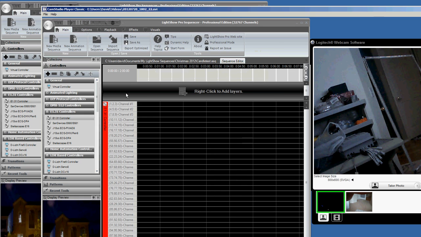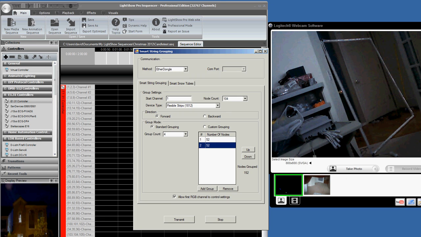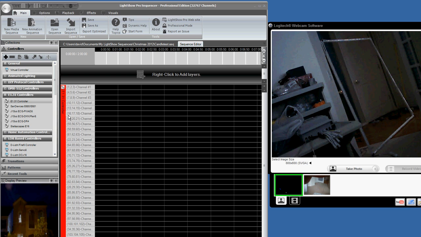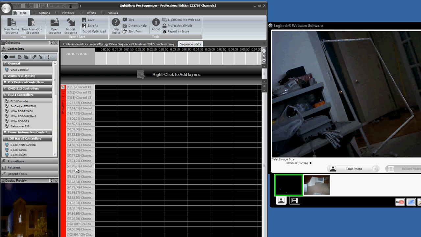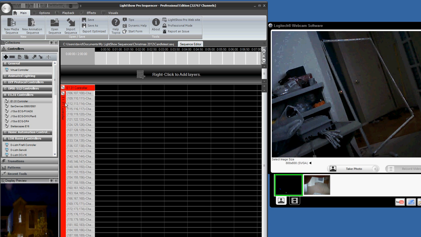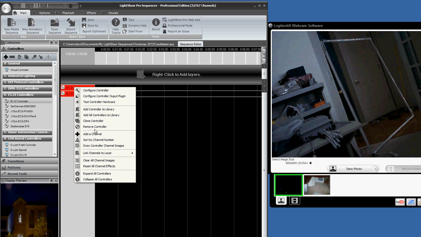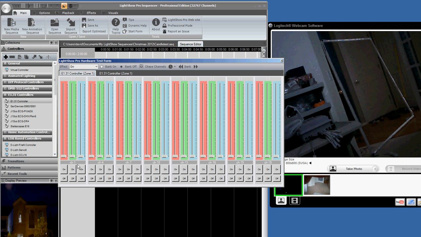But let's go to LSP, where you see we have the controllers in there. We have 2 controllers set up. You see we have the controller set up here, two controllers of which have the 18 channels. One is a control channel, the other 17 are the channels that control the groupings of 4, and we have that on each one. So if I go ahead and just open up the tester here, you can see right off the bat